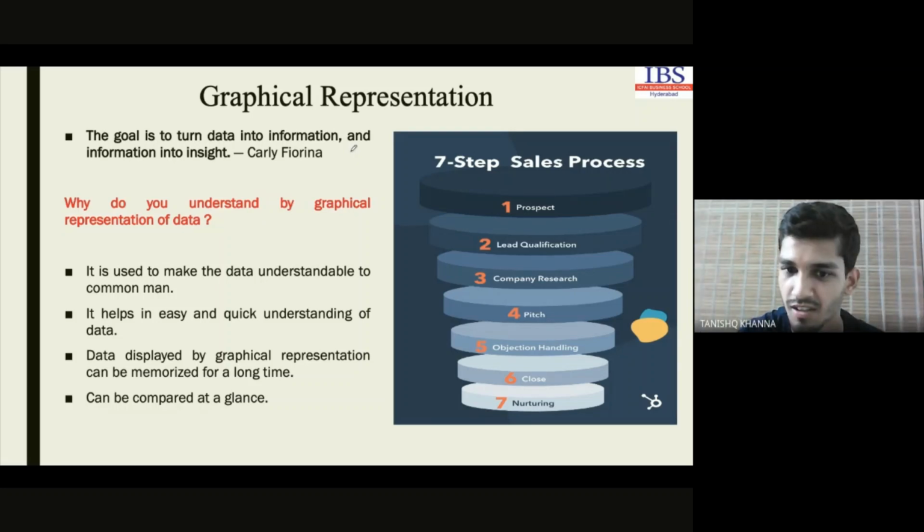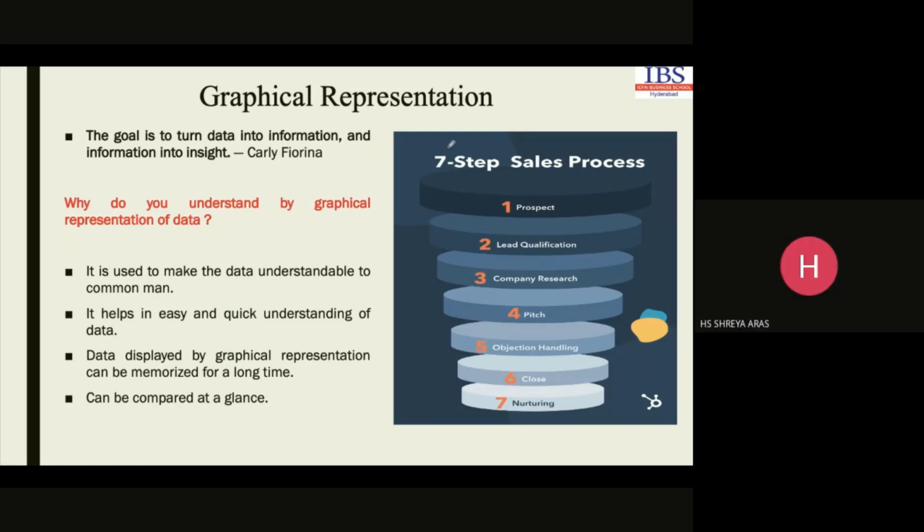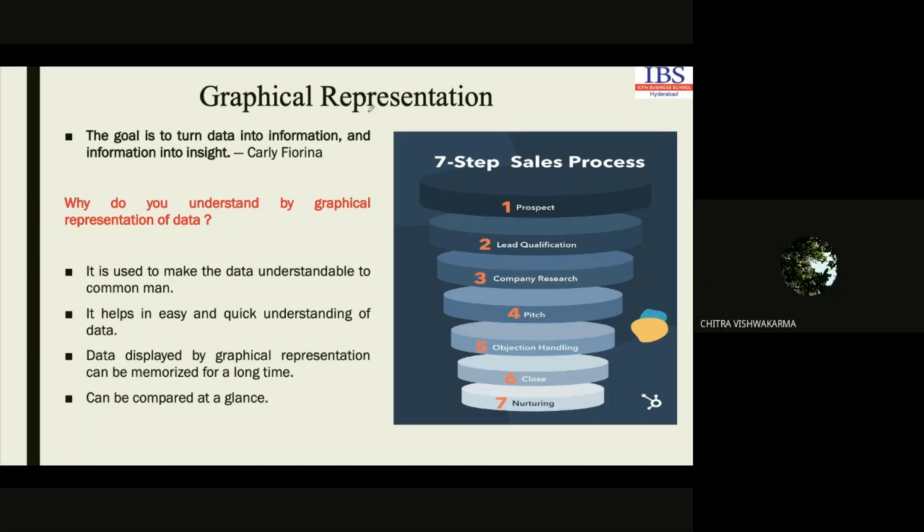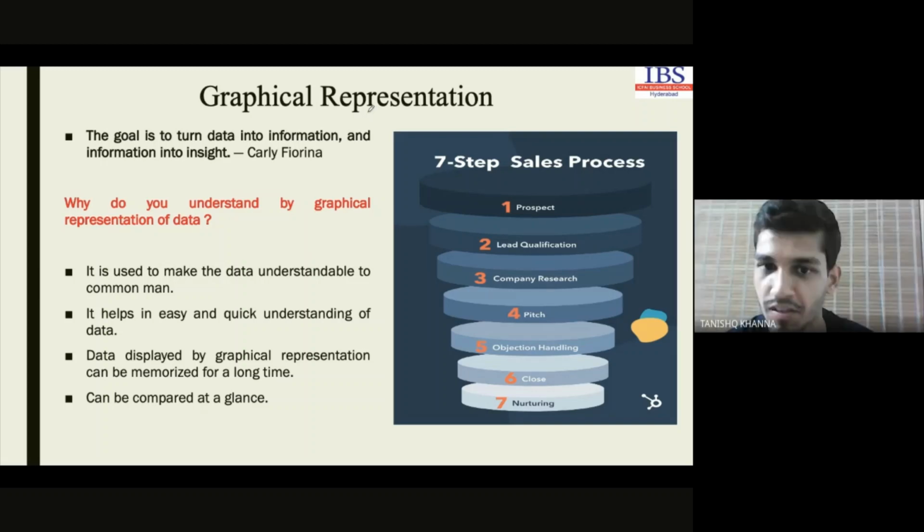Which graph, sir? Sir, a process. This is an image. Yeah, it's a process, a sales process. It's a sales prospect process. This is a 7-step sales process, which includes